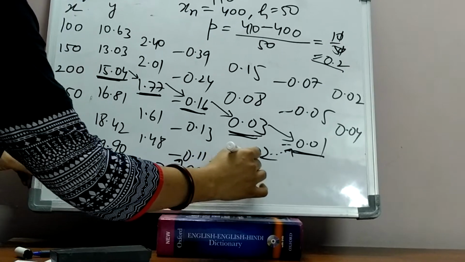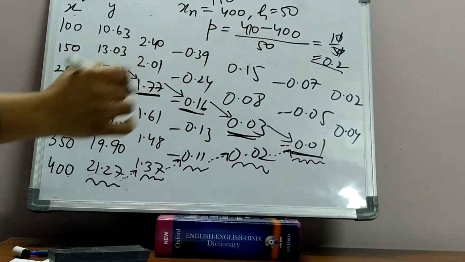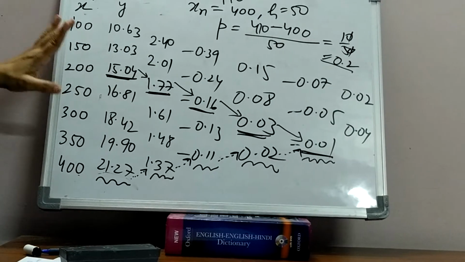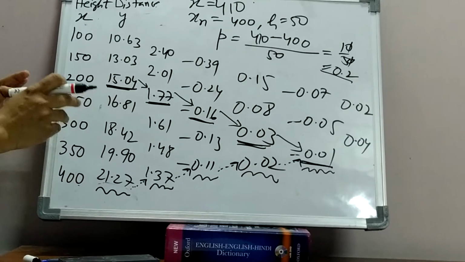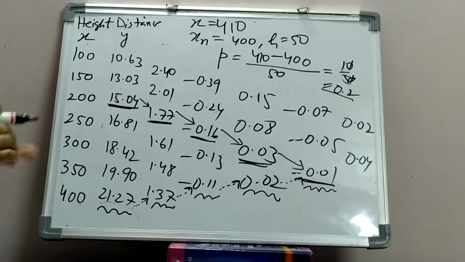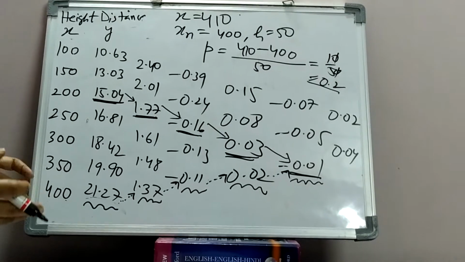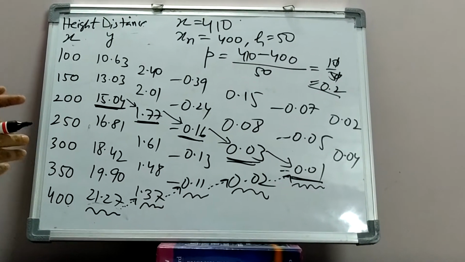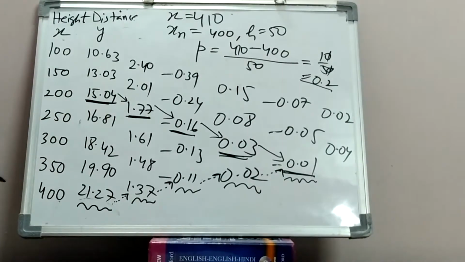This will be this next value, and this value is common for them. So from the same table, why are we taking this? Because the sign changes. We have already discussed many times that when you apply the forward difference formula or backward difference formula, every time we take the difference, but the location of the point changes, and accordingly the formula changes.